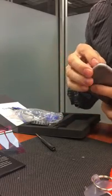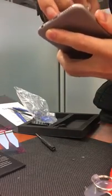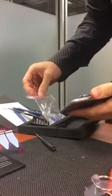Next step is to get the screen up, and just above the speaker, there's a little place to prop it up, and we're going to use a suction cup to give us a little bit of leverage. So as we're pulling up the screen with a bit of pressure, I'll move it closer to the corner. We're also going to insert some thin plastic or metal